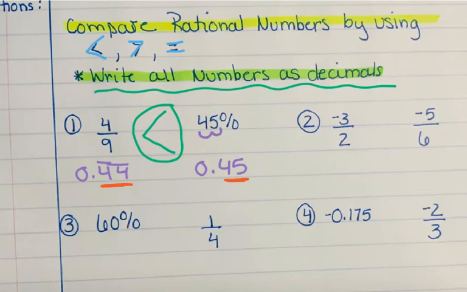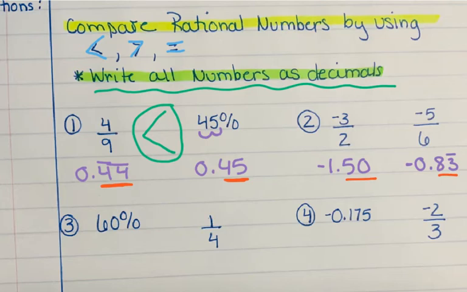Number 2, I have them as both fractions, so I need to change that. So -3 divided by 2 would give me -1 and 5/10. -5 divided by 6 would give me -0 and 83 repeating. Again, I want to make sure that I have the same number of digits behind the decimal place here. So I'm going to add a 0. Now, -1 and 50 hundredths and